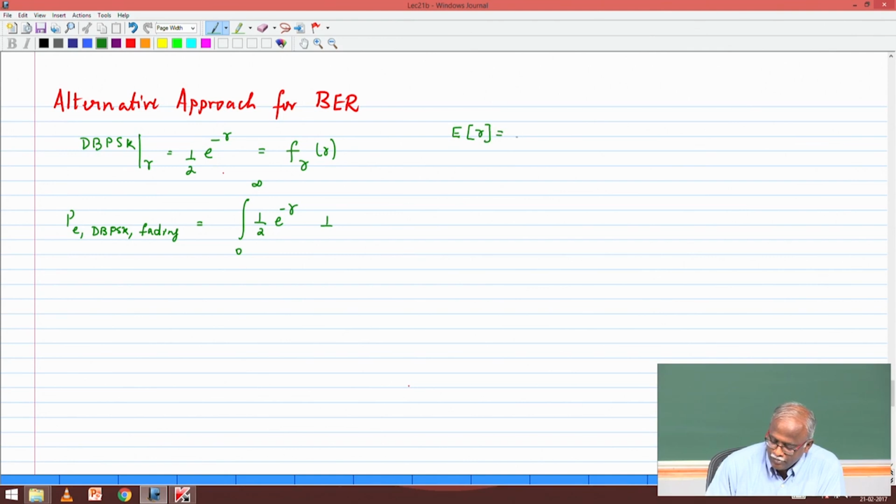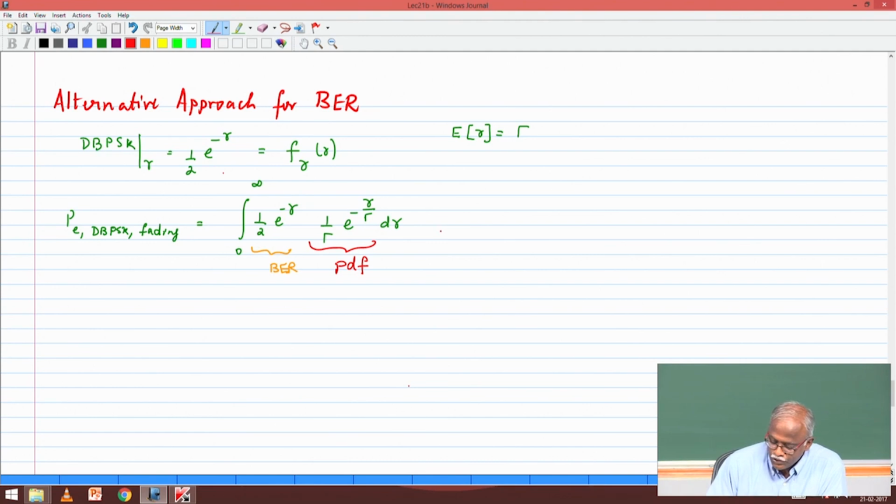Expected value of gamma, I'm going to use the uppercase gamma. So my PDF is 1 by gamma e power minus gamma by gamma d gamma. Okay, so this is the BER portion, this is the PDF portion, and I do the integral to get the expression in